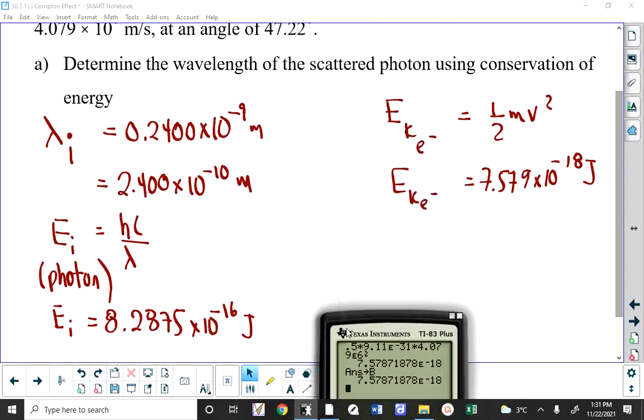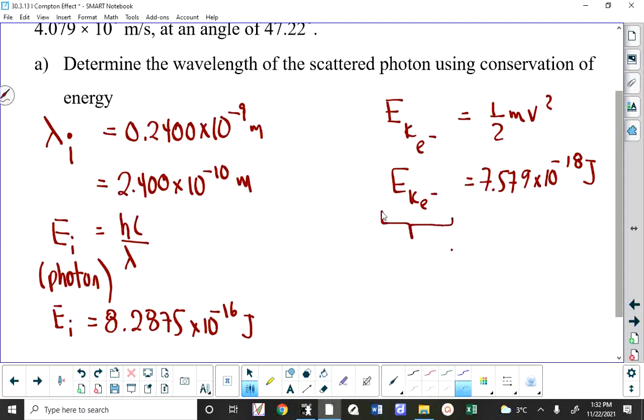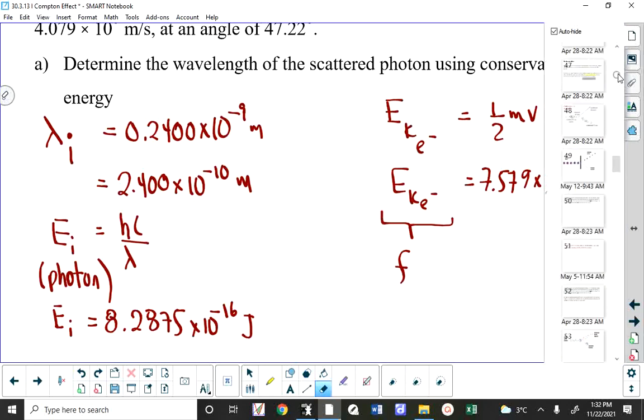So what are we asked to determine? I mean, I've had you do all this work, and I've been talking a long time about this question. We haven't even looked at what we want. We want to determine the wavelength afterwards. So the thing to note here is that this is a final energy. If you go back and look at your diagram for the Compton effect in terms of what's actually happening,